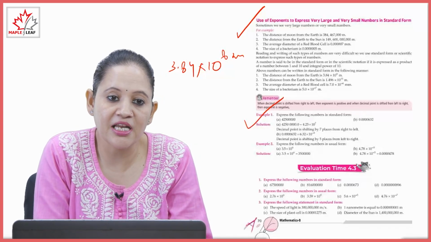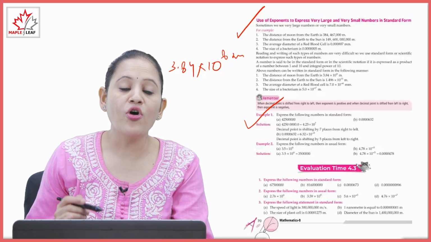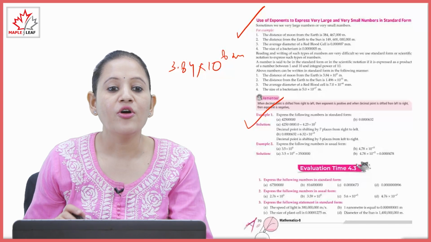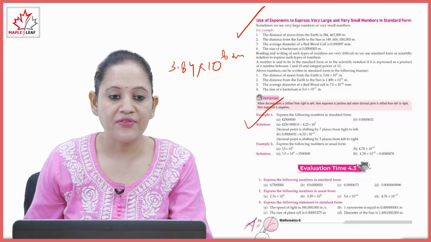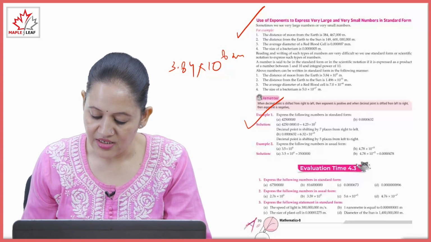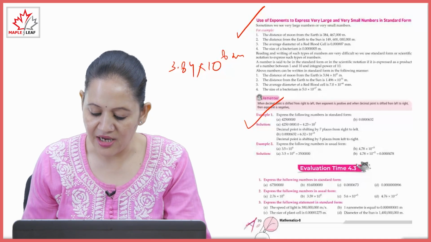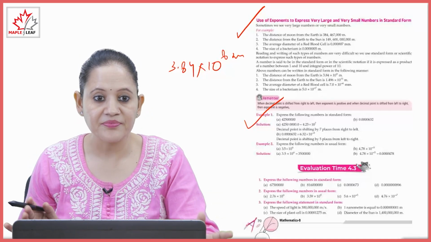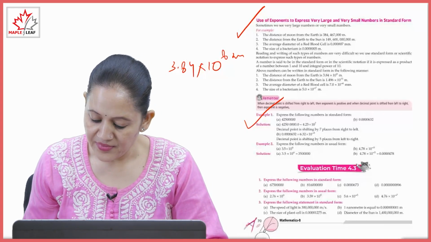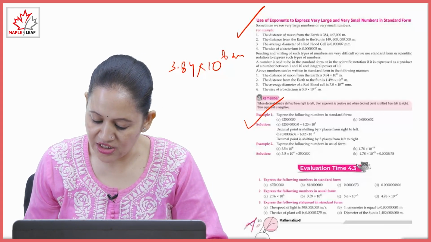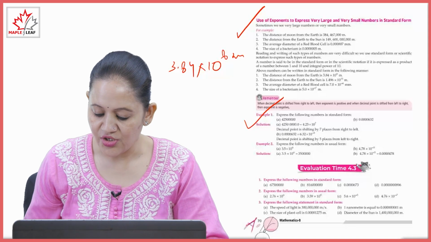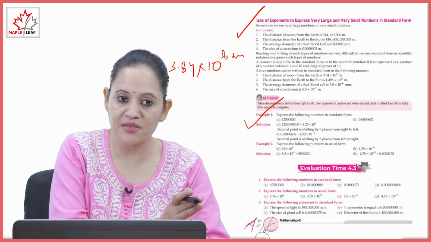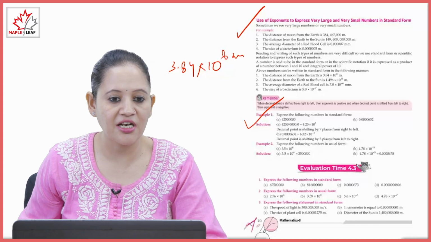Example समझते हैं। Express the following number in standard form. So हमें standard form में लिखना है। So we'll write it as 4.25. Clear? इसको हम लिखेंगे 4.25 and decimal यहाँ पे था, हम कहाँ पे shift करें? Left में। That means power क्या हो जाएगी? Positive. Clear? So कितने नंबर्स हैं? 1 2 3 4 5 6 7. So we'll write it as 4.25 into 10⁷. 7 प्लेस हमने वो किया है तो 10 की पावर 7 हो जाएगी। क्लियर?